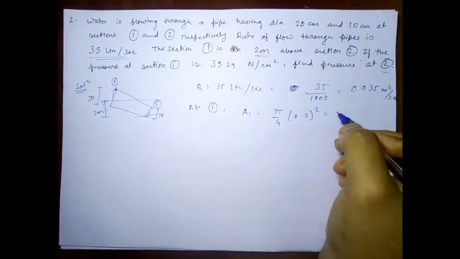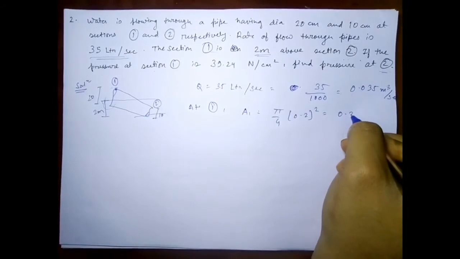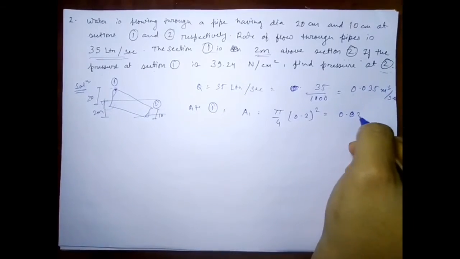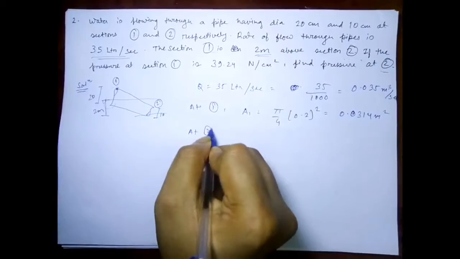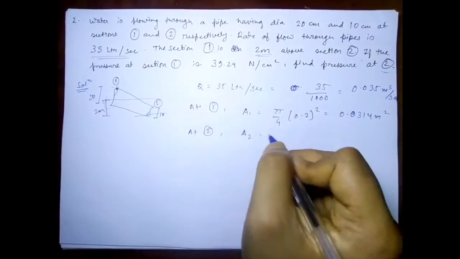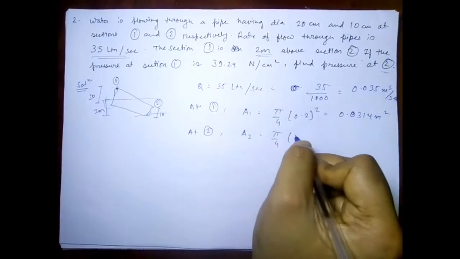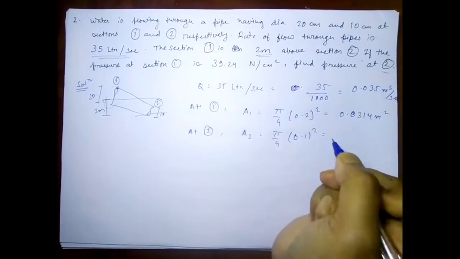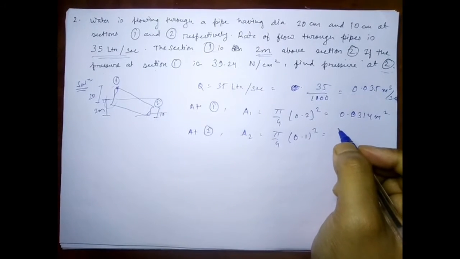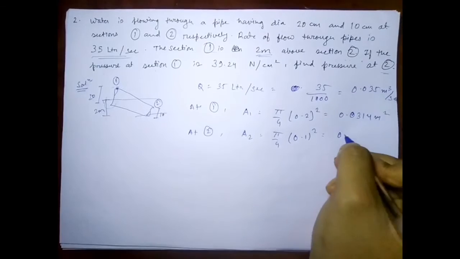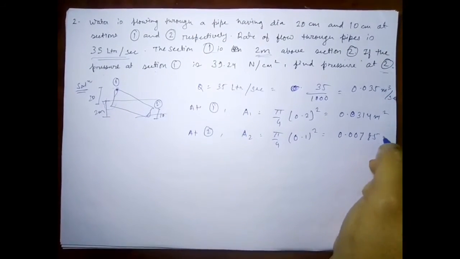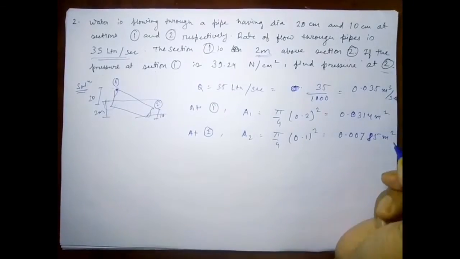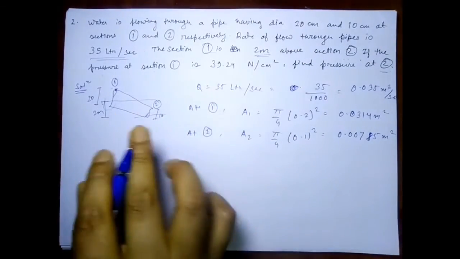So area at section 1 will be equal to 0.0314 meter square, and at 2, A2 shall be equal to pi by 4 times 0.1 square, and that is equal to area at 2 is equal to 0.00785 meter square. So I have got the area in both the cross sections,